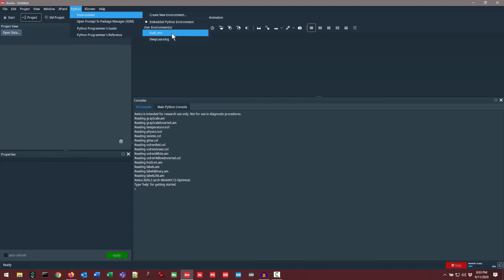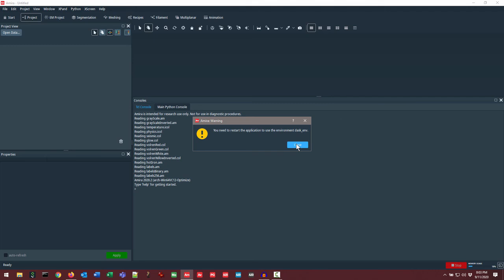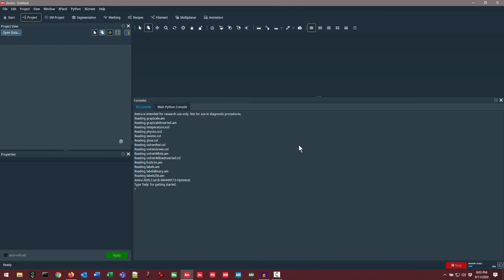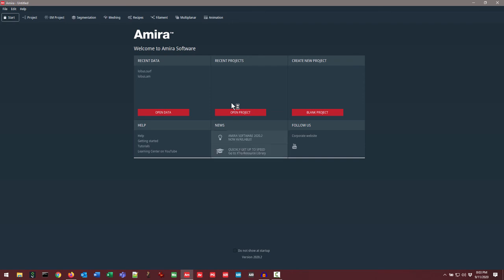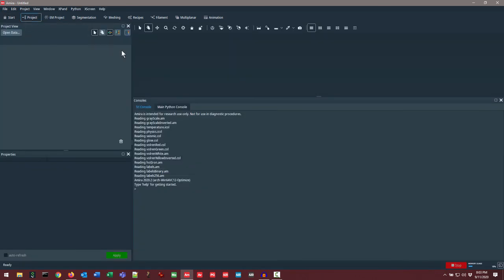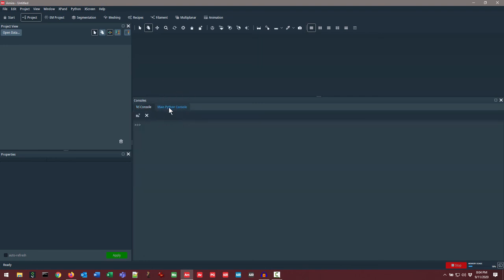You'll receive a warning that we need to restart the application in order to use that Python environment. Once you've restarted the software, navigate to Amira-Avizo, the project workroom, open up the Python console activated with the little caret down here, and then selecting the main Python console tab, and type in the same commands as we did in the EDM prompt earlier. So import dask,